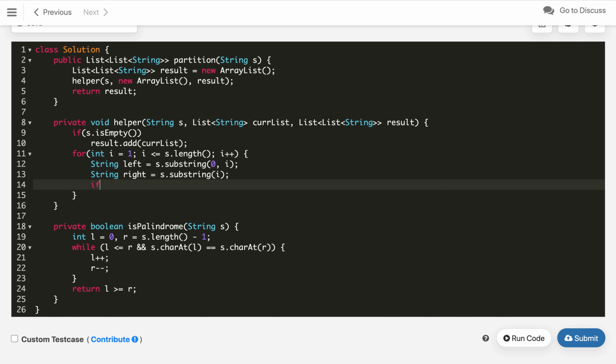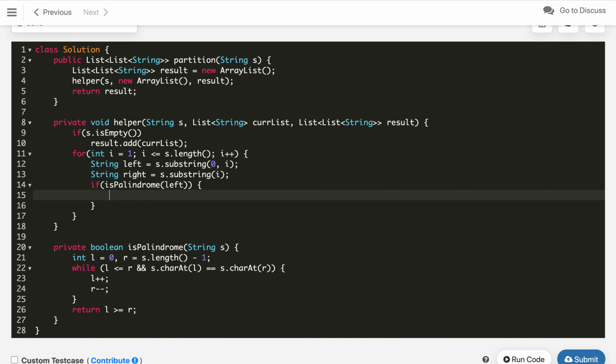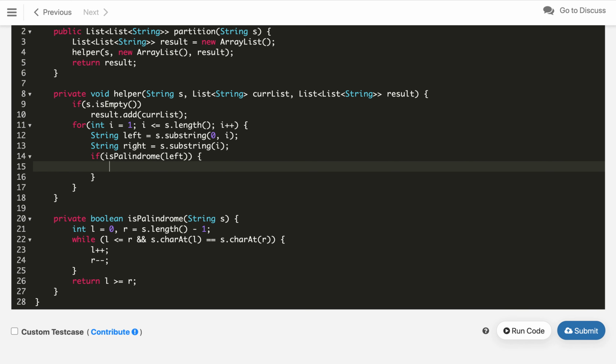So now we will check if the left part is a palindrome, so we will call this palindrome method on the left string first. If it is, then there is a potential chance we will get a palindromic partition. So we will first create a copy of our current list.